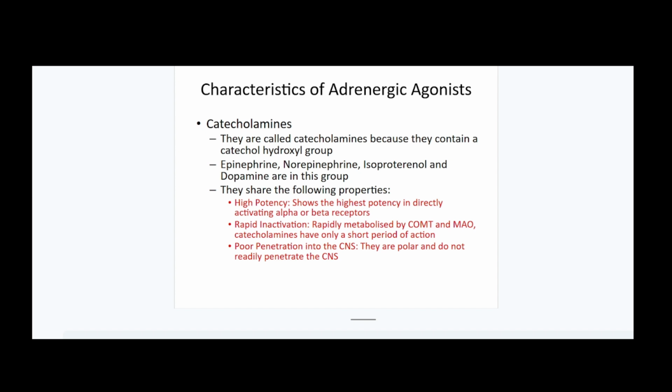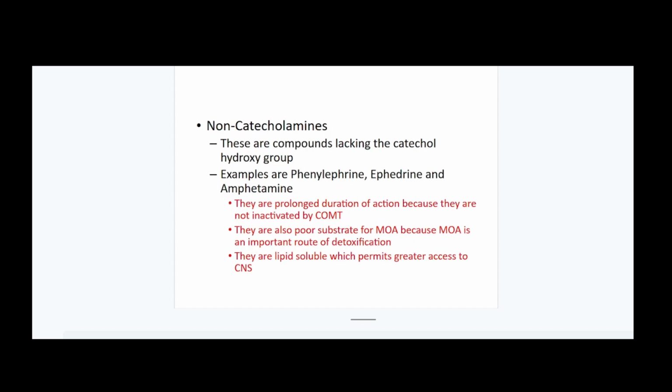We have monoamine oxidase A, we have monoamine oxidase B. So they can be easily degraded. And they have poor penetration into the CNS. They are polar and they do not readily penetrate the CNS. While the non-catecholamines are compounds lacking the catechol hydroxyl group. Examples are